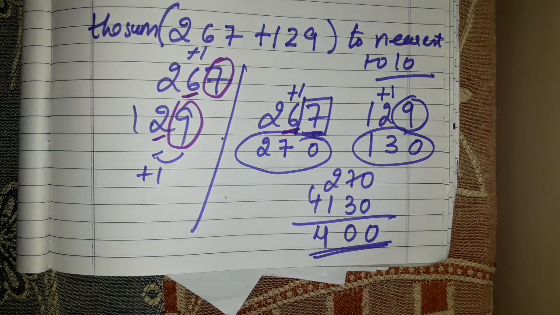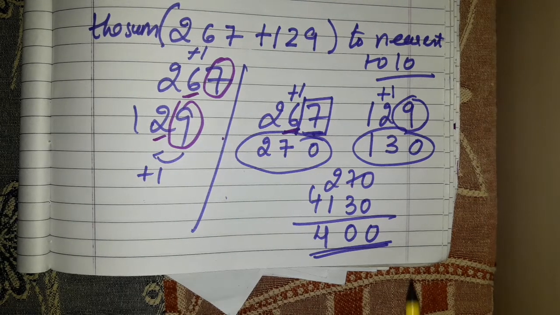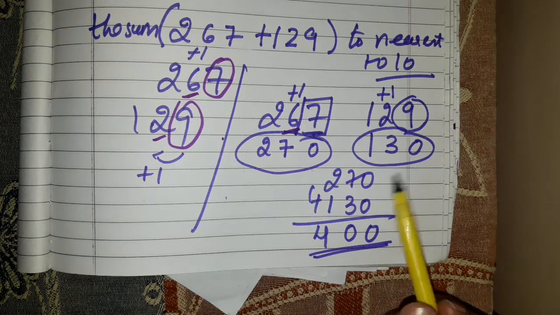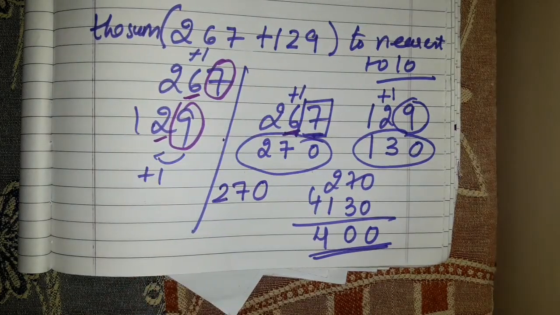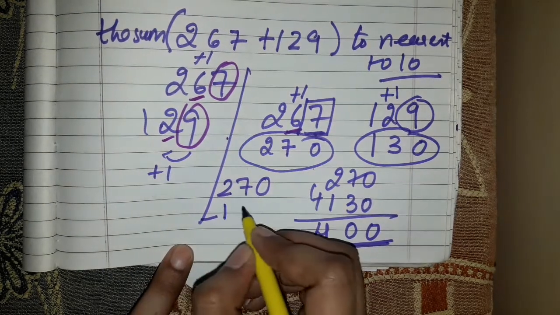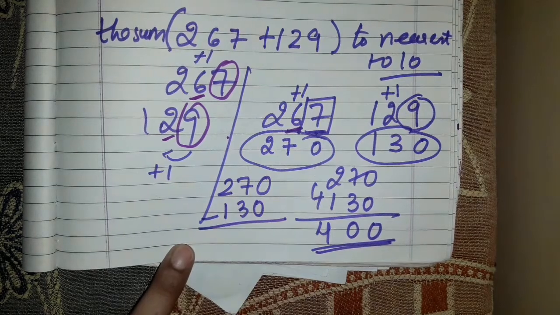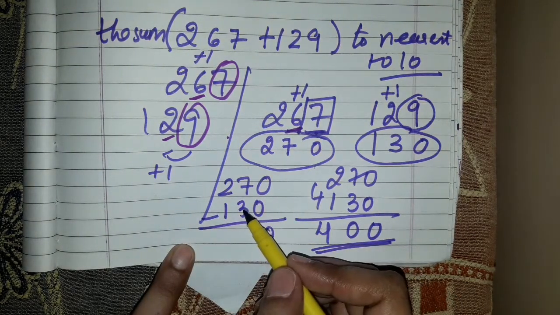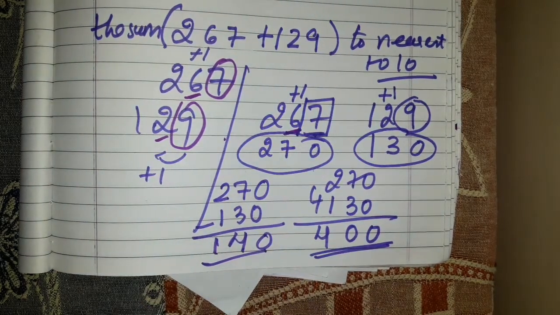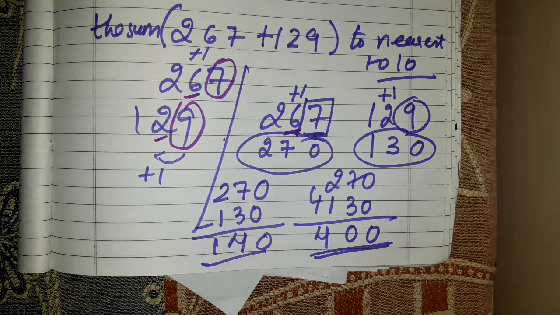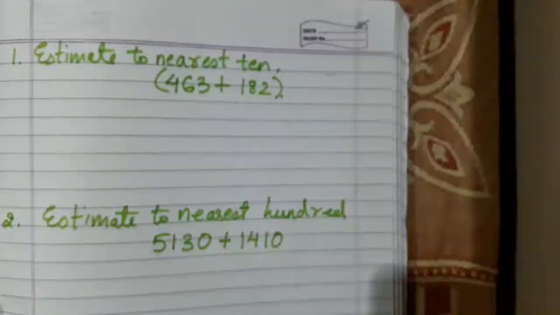Now suppose the same question is there, but we have to take out the difference. Now we know one number is 270, another number is 130, and we have to take out the difference. Difference, I've already told you, is subtraction, and product is multiplication. So we will simply subtract both the numbers. 0 minus 0 is 0, 7 minus 3 will give you how much? So this is your answer. So in the estimate portion, you will take the numbers individually, round off to the nearest 100 or nearest tens, whatever they have asked, and do the calculation.